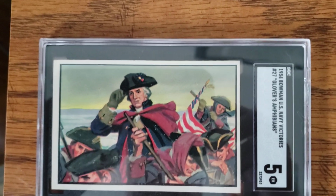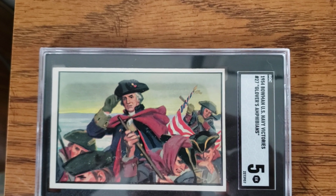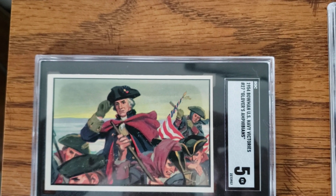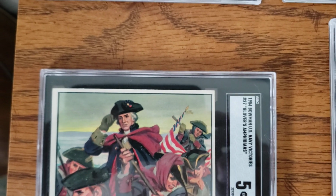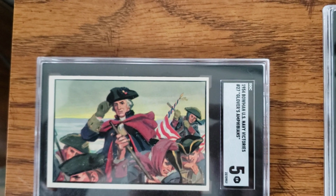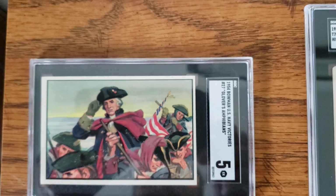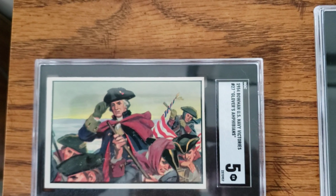This is a neat card. This is a 1954 Bowman U.S. Navy Victories. It's called Glover's Amphibians. John Glover was a colonel then, I believe. Later became a general, but he was one with his Marblehead mariners or fishermen, who were the ones that actually escorted Washington over the Delaware in 1776. This card represents them, his soldiers. You've seen the more famous picture of him crossing the Delaware, and this is just a different take on it,